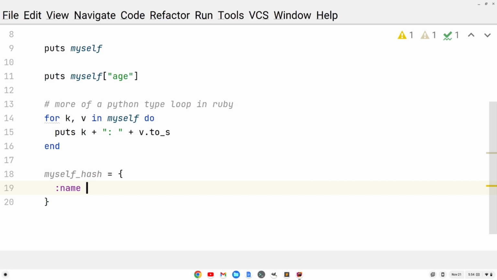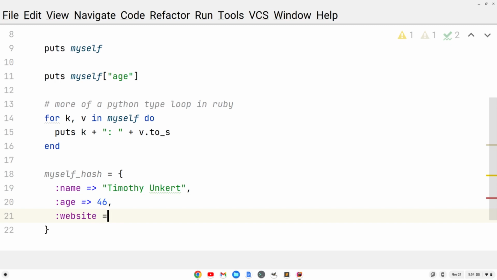So colon name, then the fat arrow, and then I'll do Timothy Unkert because that's the value, and put a comma after that. Then colon age, fat arrow, put the value of 46, and then colon website, the fat arrow, and put the value of https://